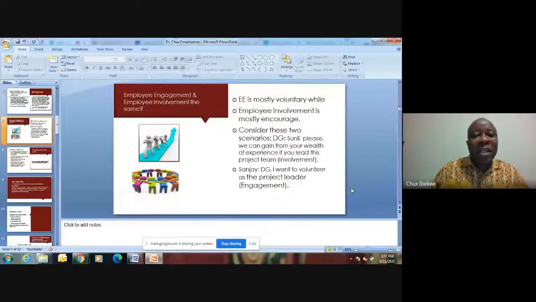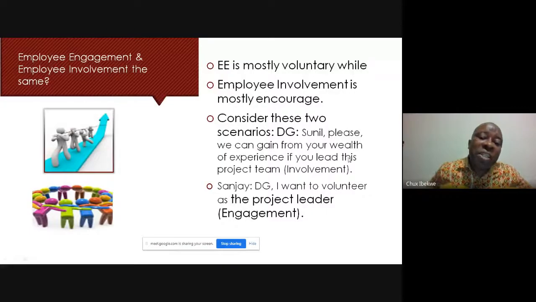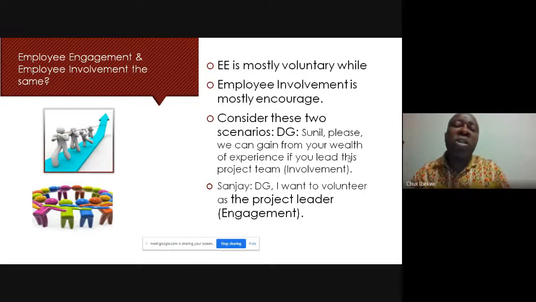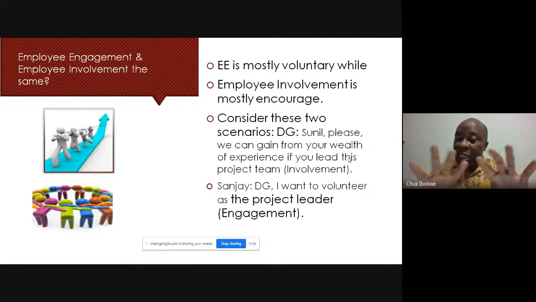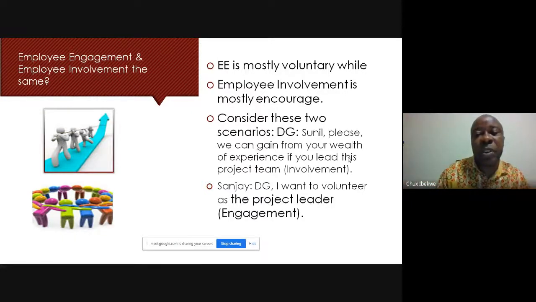Okay. So there is this term, employee engagement and employee involvement. Are they the same? Some people would say they are not the same. Others would say that it's a matter of semantics. So for the purpose of this meeting, let us look at some salient points that set the two apart. These differences are not cast in stone. I want you to understand that in the first place. So first,